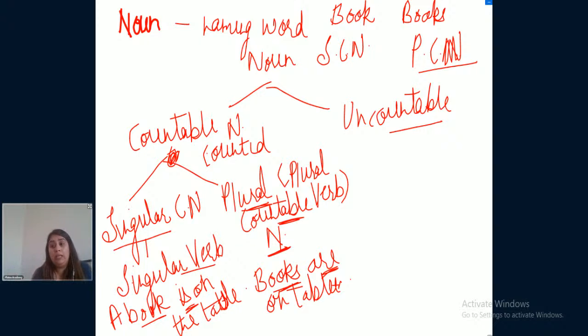Again, as the name suggests, uncountable nouns are those nouns which we cannot count, which we sometimes can measure, but we can't count. We cannot count sugar. We can't say 15 sugar. What we usually say is 1 kg of sugar or 2 kg of sugar, right? So you just need to understand there are certain nouns which we cannot count, and those nouns fall under the category of uncountable nouns. For example,